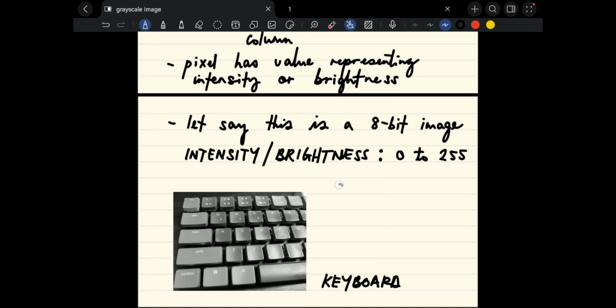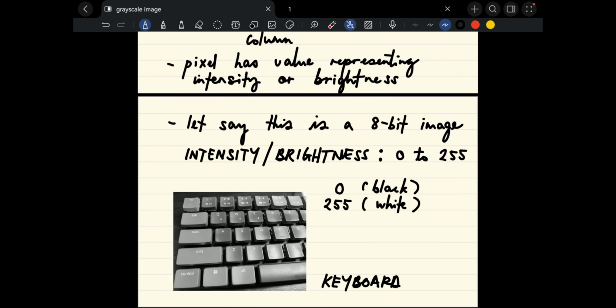where 0 means black, 255 value means white, and the rest of the values representing shades of gray.